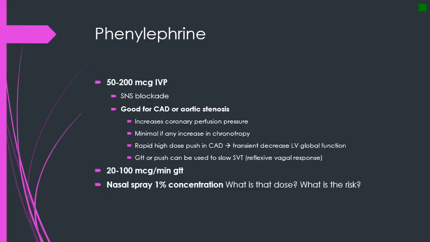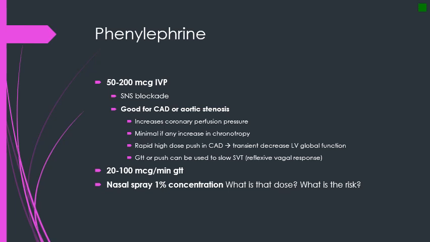Typically, we give anywhere between 50 and 200 mics IV push in the OR. I have given as low as 25 mics whenever I've had somebody who's very, very dry and extremely labile. So it's all dependent on the patient that's on your table. You can utilize it whenever you've got that sympathetic nervous system blockade, like with your spinals and